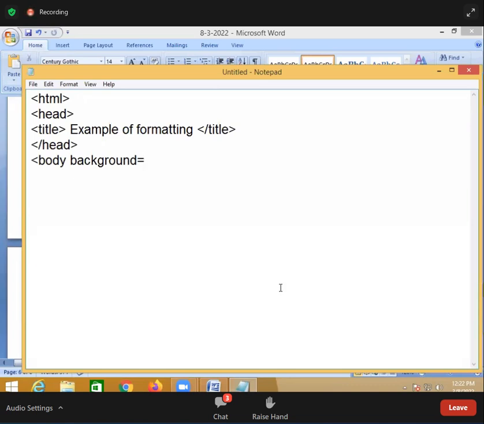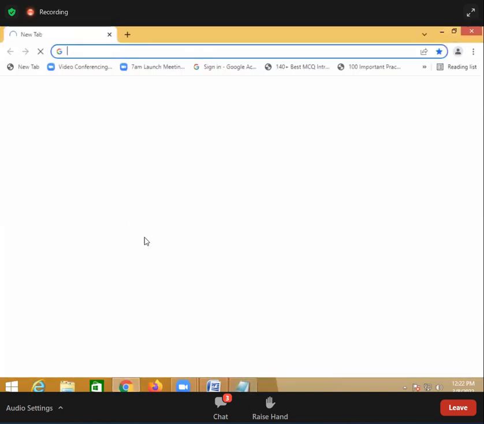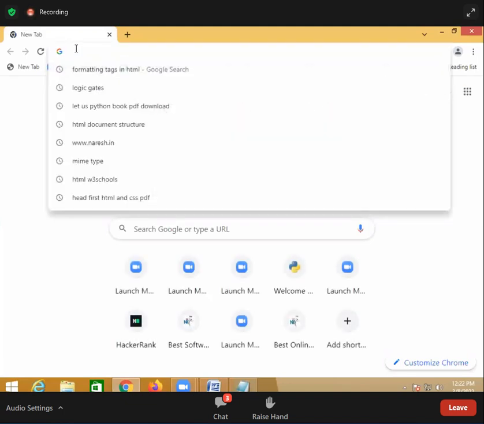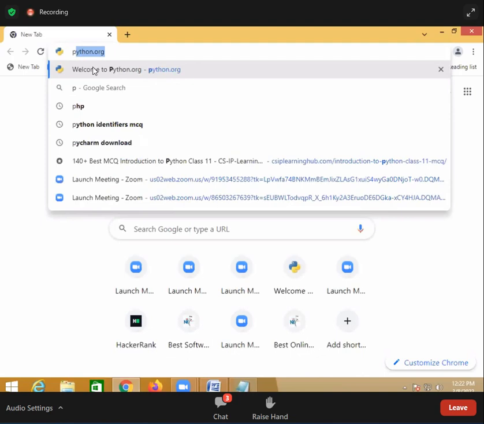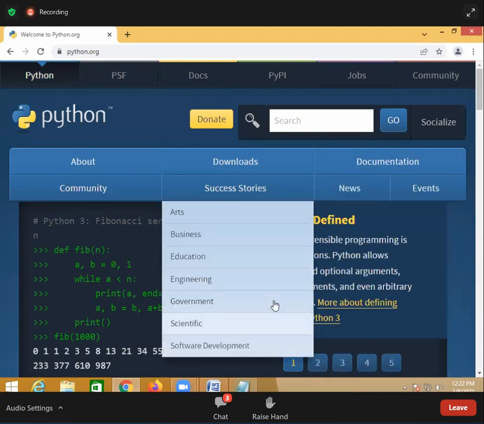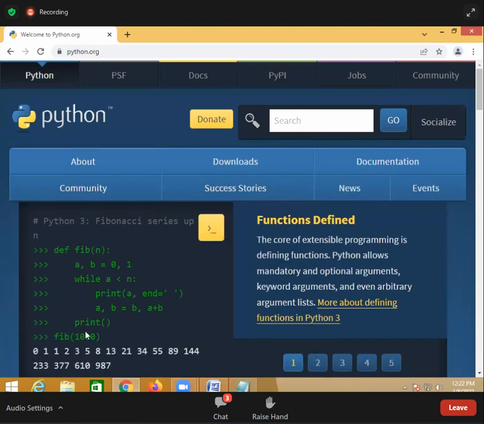Not the same color everywhere. This BG color is the page background. See, if you see this website, you are finding different colors. Now if you see this one, here you find so many things. But this organization is done by dividing into frames and tables. This is divided into tables. So it is not organized like one page. It is split into